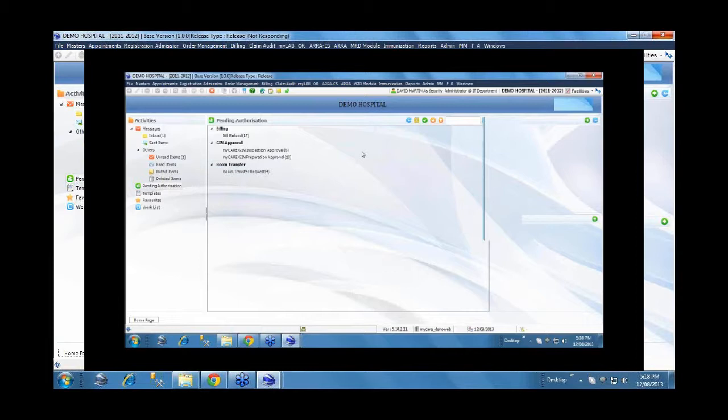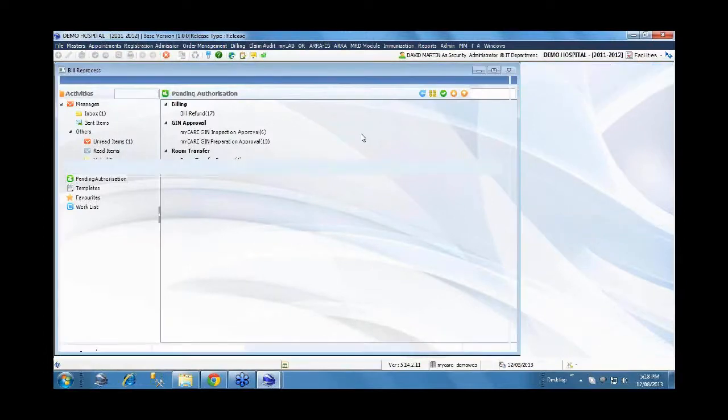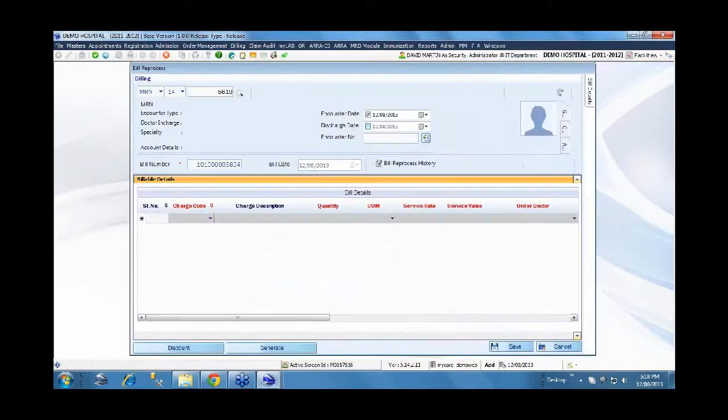It will also calculate the difference in amount as to how much we originally collected and what needs to be collected now after applying this approval. Whether the difference needs to be collected from the patient or refunded to the patient will be automatically arrived at by the system.